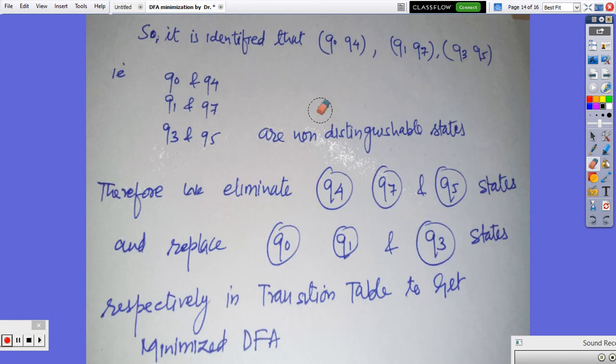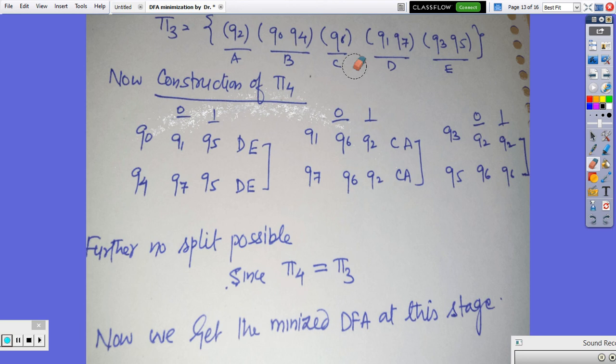The meaning here is, these sets cannot be further split. That means instead of treating these as two states, we have to take them as one state. Actually, the meaning is these states are not distinguishable from each other. That's why we have to assume these two states as a single state. We discussed the non-distinguishable states. So these two states are non-distinguishable, and they are to be kept together.